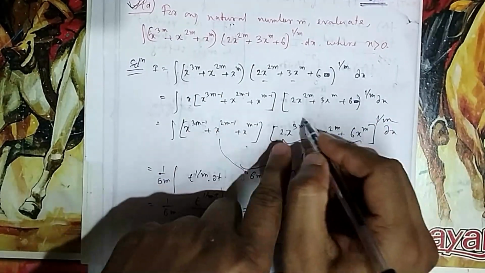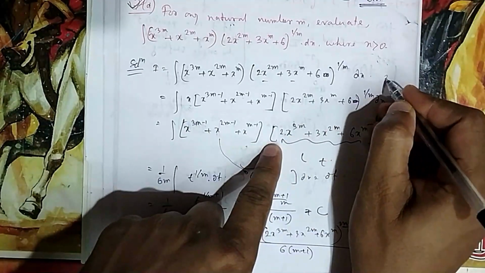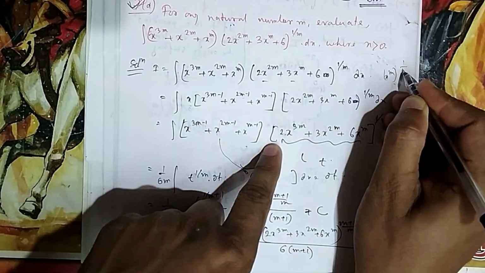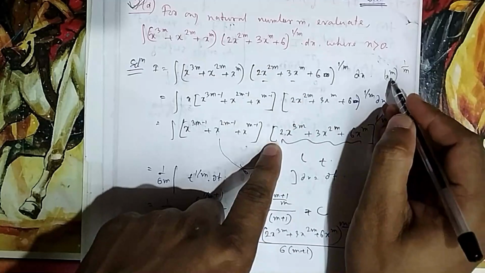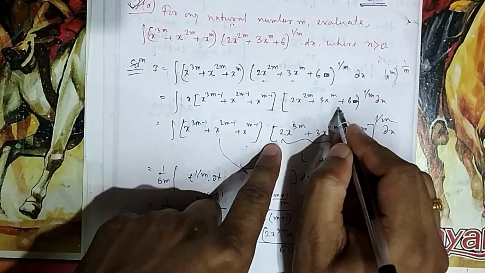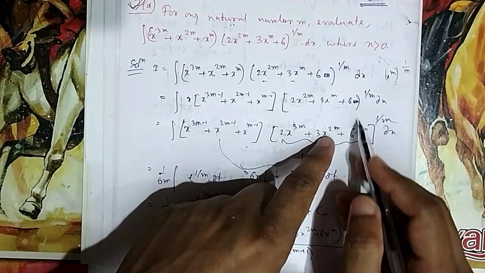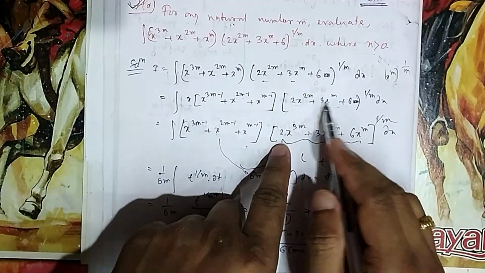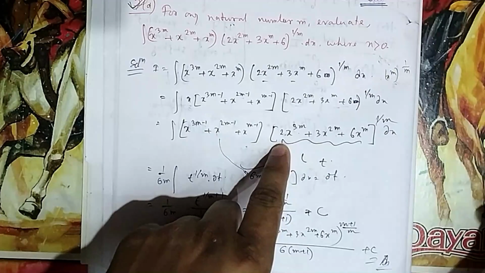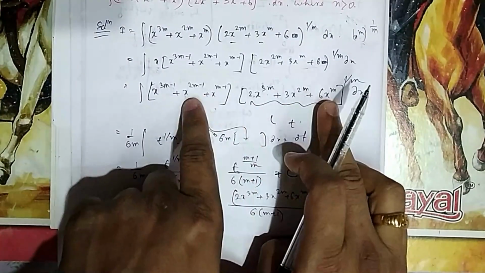So how will it go inside? It will be going inside as x to the power m. You can write it as x to the power m to the power 1 by m. So for the whole 1 by m, you take the product by x to the power m. So if you take the product, 2m will be 3m, m will be 2m, and you are multiplying the whole thing by x to the power m, because the power 1 by m is already there. Ultimately you are multiplying by x.